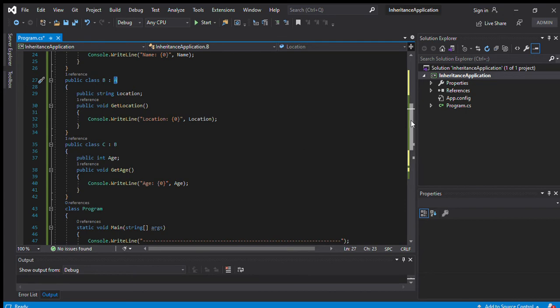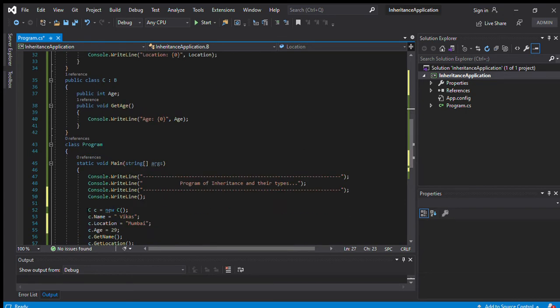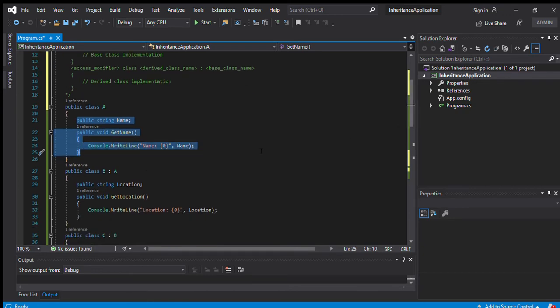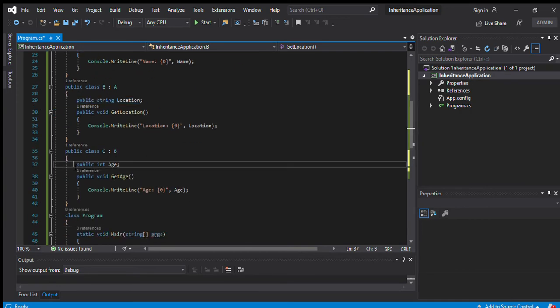Here I create the object of the C class. It means I can access these methods or variables using this class name. Inside this class I can use the parent method as well as the child method. Again I declare another child class, and in that child class I can access the parent class method or the super parent method. We can access all the things.